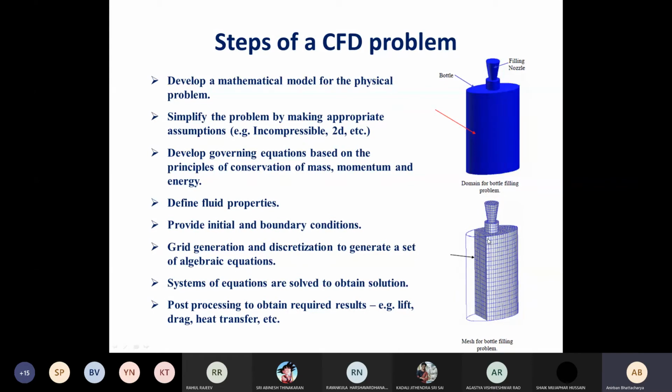So instead of 1000, we may have 4000 volumes or 8000 control volumes. So I will take half distance along each direction. Because it's a 3D problem, the number of control volumes will become 8 times. So approximately 8000 control volumes. Then if we consider the solution from that and solution from this, we should check whether there is significant difference or not. If there is no significant difference between the results, there is no point in taking 8000 control volumes, because our 1000 control volumes itself is giving good results, equal to the 8000 control volume case. So we will save time, 8 times the time, by using a coarser grid.